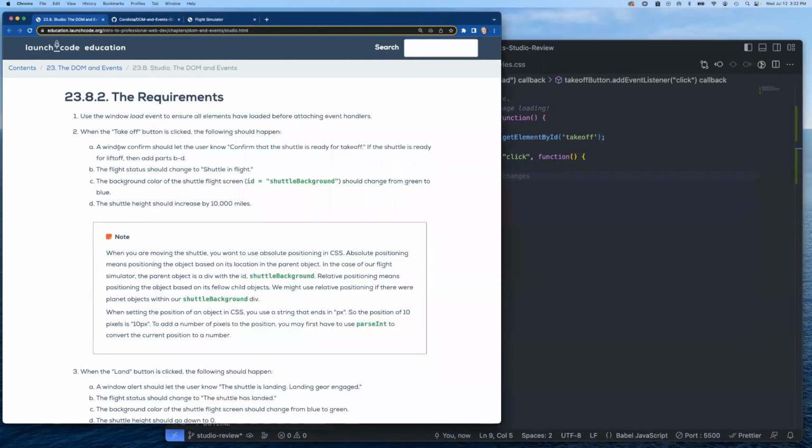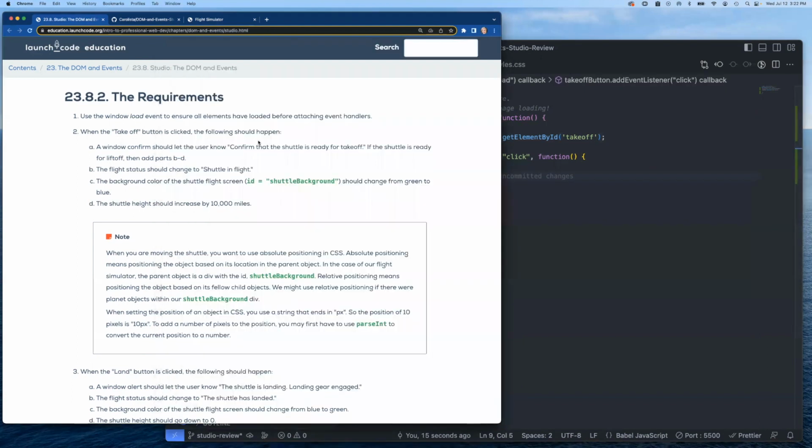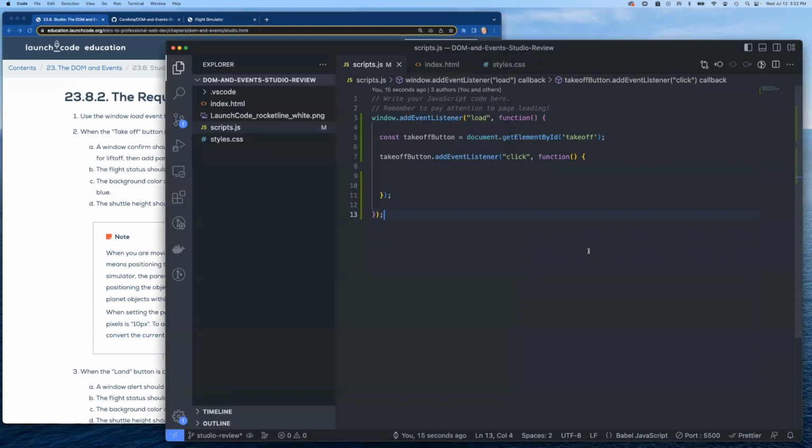So the first thing is a confirmation needs to pop up asking the user to confirm that the shuttle's ready. So I'm going to make sure I copy this text so we can use this exactly. And I will just use the window confirmation, but it's going to return a Boolean true or false. The window alert does not do this. It just pops something up and they just close it. But if you're using a confirm, that's going to return true or false, which means you need a way to